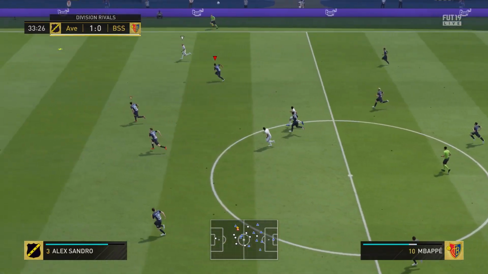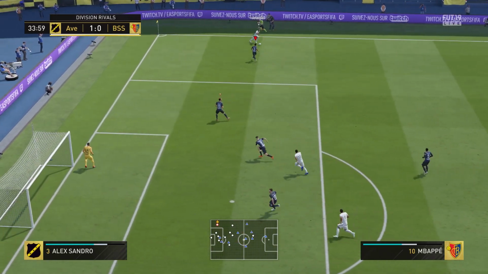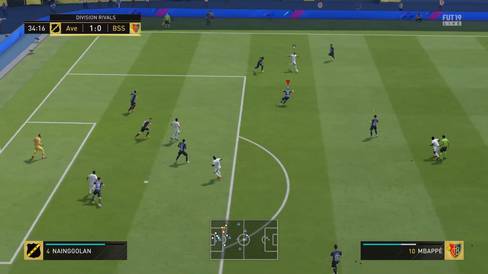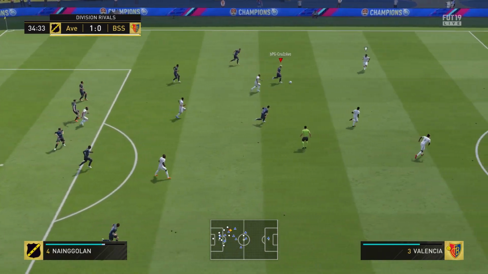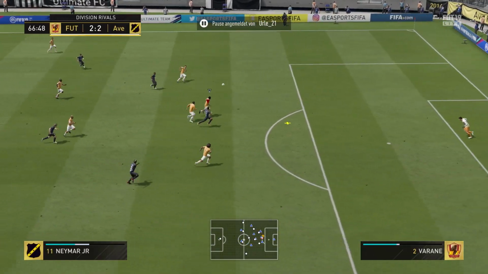And they are also harder to receive, so that's why it can happen that you play a very good high through ball and then your player receives the ball and the defender still catches up. Happens a lot in FIFA 19,